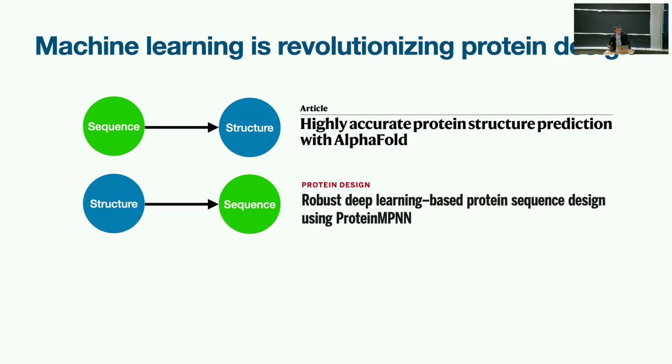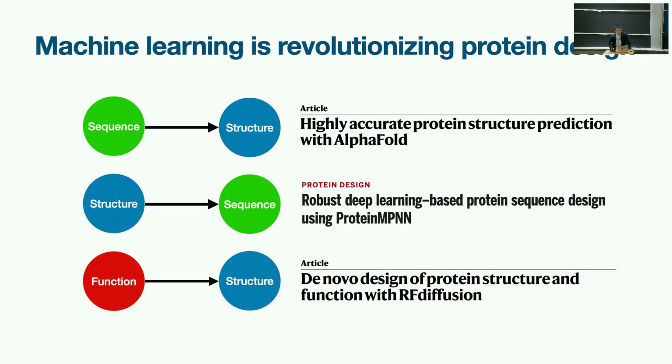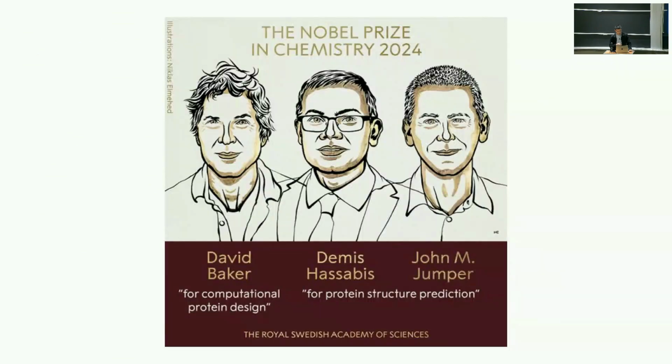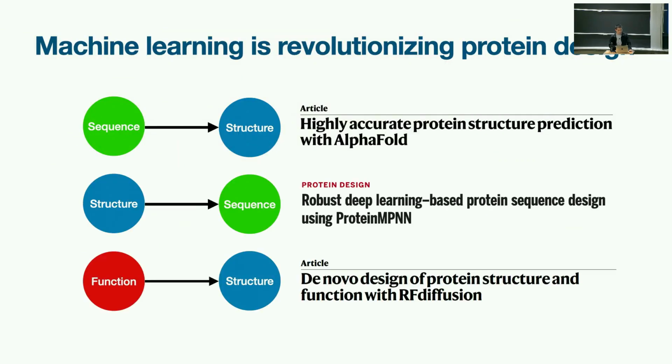But one other algorithm that might not have gotten so much attention goes the inverse way, from a structure to a sequence. This is a generative model based off a graph neural network that uses autoregressive generation along the structure. And then very recently, something that I've been involved in was RF diffusion, which, given a function such as binding, generates the structure from that. And so you can see that this creates a pipeline of how one might go